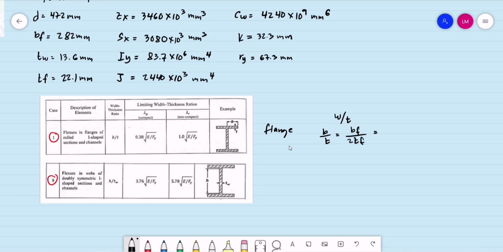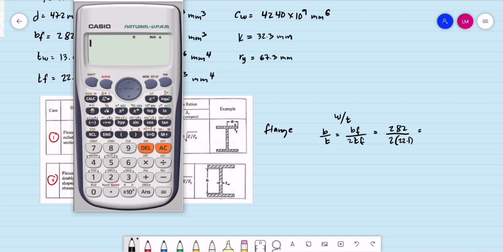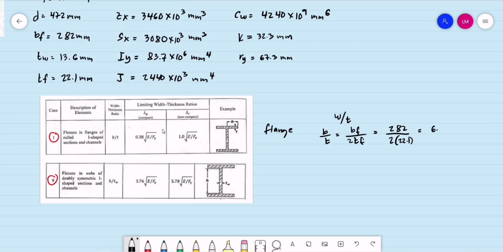And this is now equal to, the width of the flange is 282 millimeters, divided by twice the thickness of the flange, which is 22.1. We have 282 divided by twice of 22.1, so we have that as 6.38. Then for the web, the width to thickness ratio is H divided by the thickness of the web,